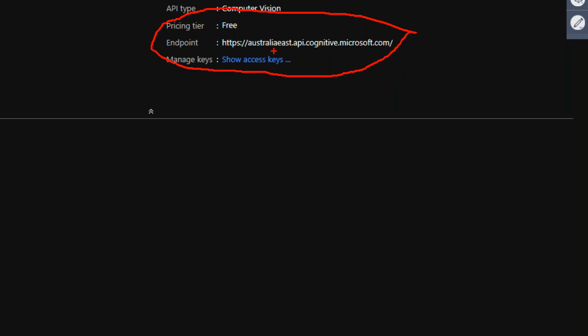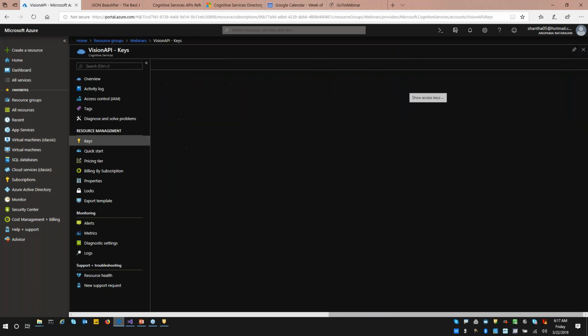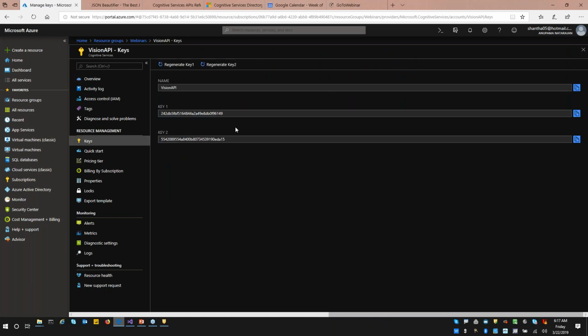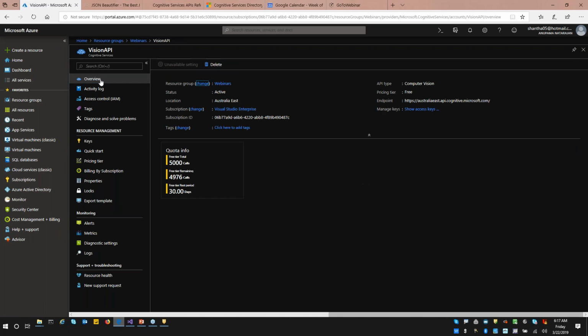This is really important. So if you can just take a copy of your endpoint, that is the first important thing. And the second thing is the access keys. So you need to know the access key. Either key 1 or key 2, it doesn't matter, but use your access keys. That's how you will be able to access the computer vision API from your cloud. So those are the two things you really need. Once you have got that,